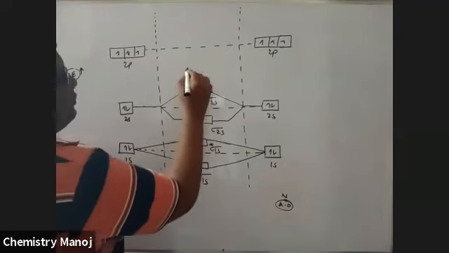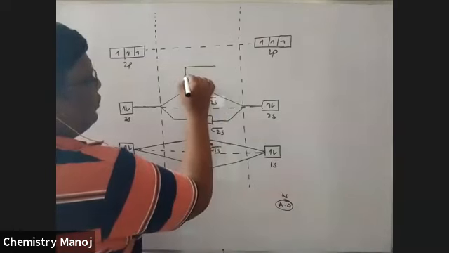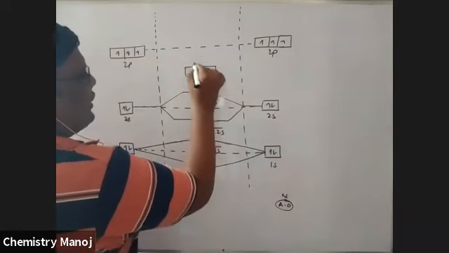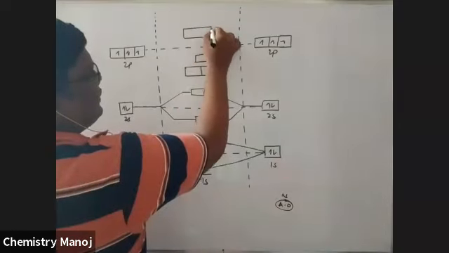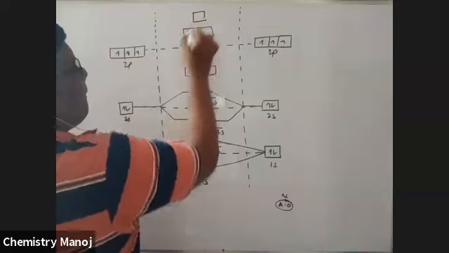Just like in O2. Now 2p and 2p, so a total of 6 orbitals are mixed. 3 have low energy and 3 have high energy. See here. In the O2 case, 2 orbitals had lower energy and 1 orbital had higher energy. It is the reverse of the previous case. The rest is the same as it is in O2.